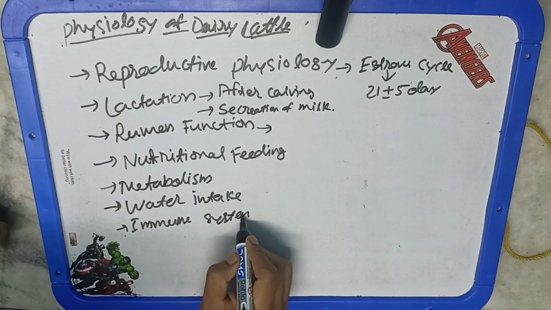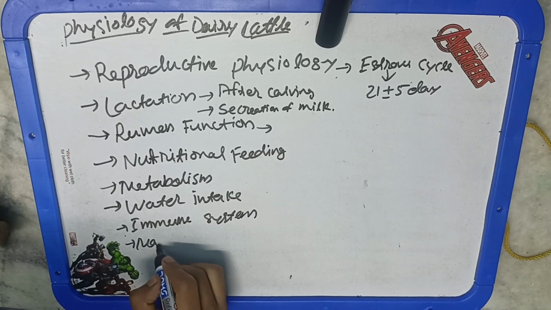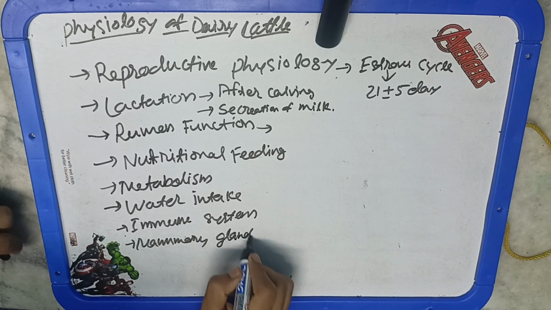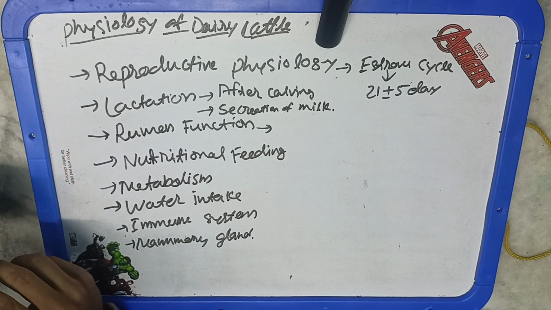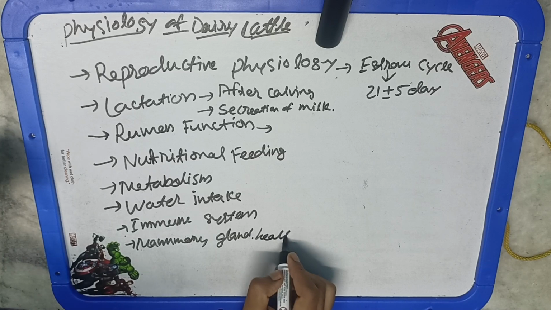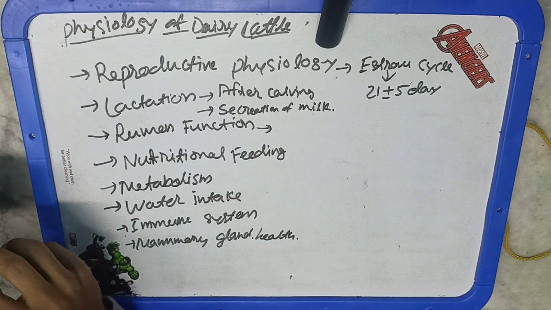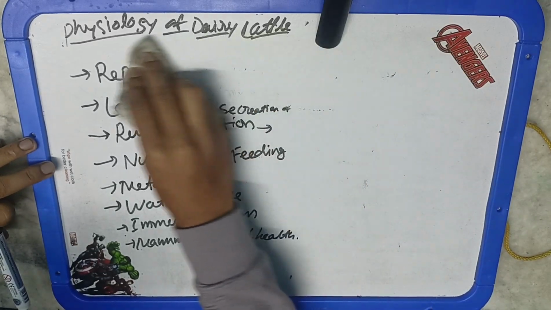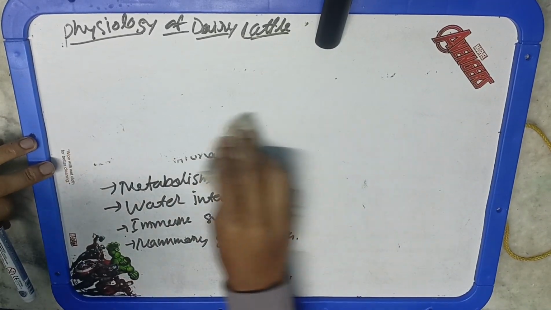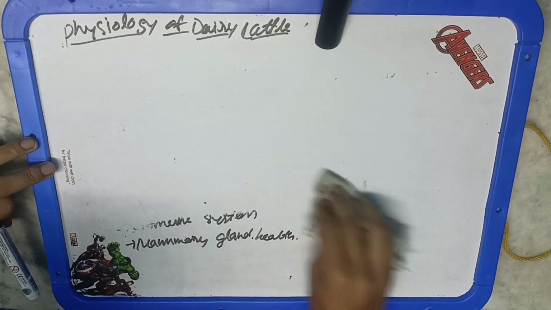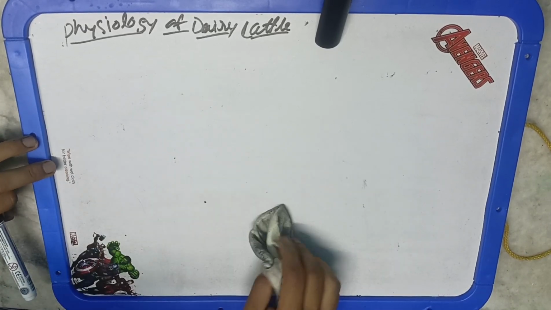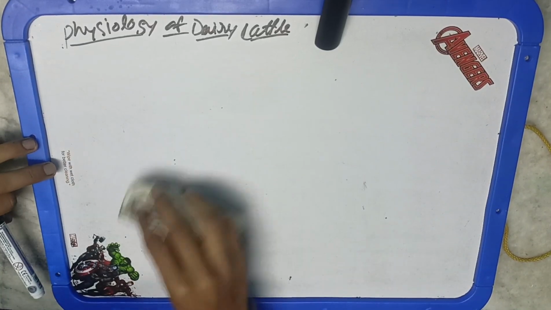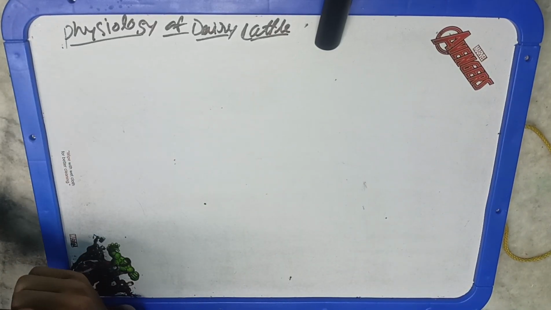So first we'll discuss reproduction in cattle. Reproduction, as we discussed, is basically the process of fertilization. Whenever we talk about reproduction, there are two types, and you need to always remember this: sexual and asexual reproduction. Whenever there is fusion of gametes, it is known as sexual reproduction. Otherwise, it is called asexual reproduction.